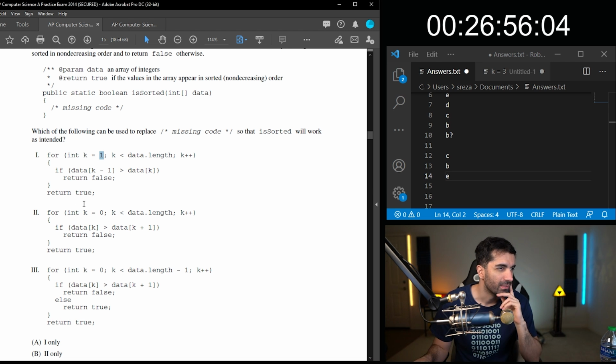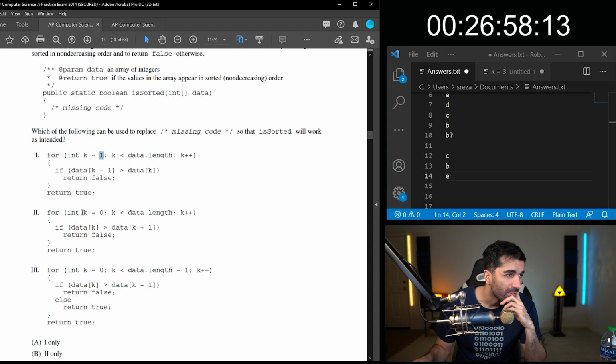All right, let me look at number 2 first. So k equals 2. So if data k is greater than data k plus 1, return false. The thing I'm kind of tripped up about is errors. I feel like this would throw an error if you try to access k plus 1 once you get to the last element.